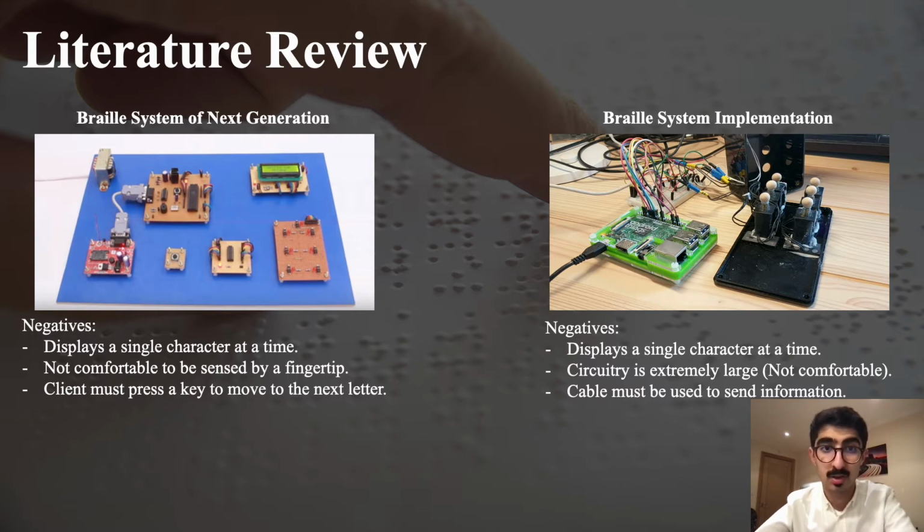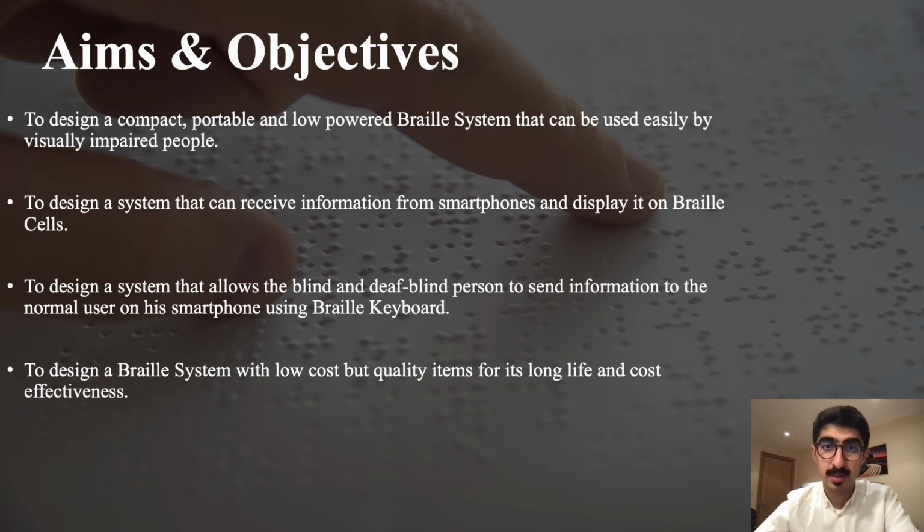We have studied all of the examples, trying to learn from their mistakes and then improve our design as much as possible, seeking more convenience for the user, of course. Our goal is to have a system that receives a message from a smartphone using a wireless communication channel. The message will be converted into binary digit numbers, and then 8 Braille cells will display that message in Braille